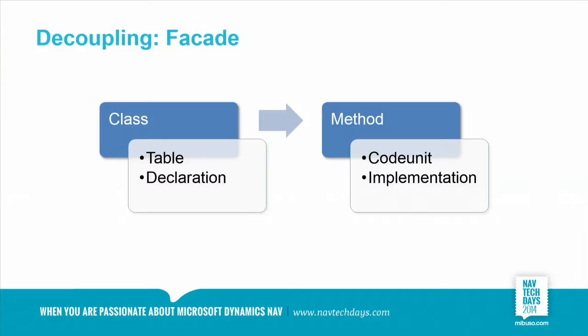So these are very important and heavyweight objects that you don't want to change too often. And they're linked quite closely, as everything in NAV is, which is one of the very few drawbacks of NAV. We want to do something to decouple these heavyweight objects a little bit. And that's what a facade does. A facade is a codeunit which you put into the middle of these objects to decouple them.